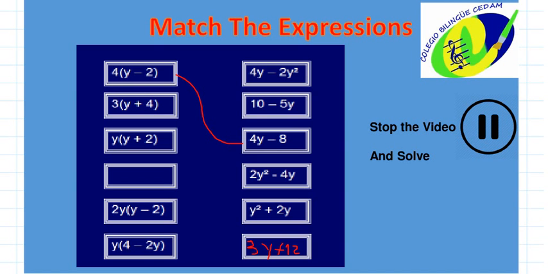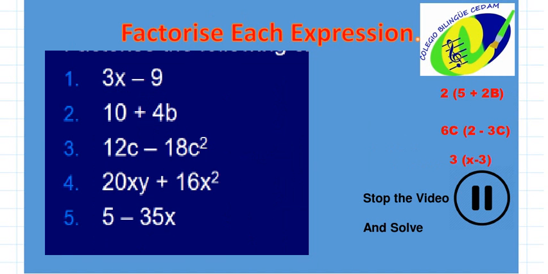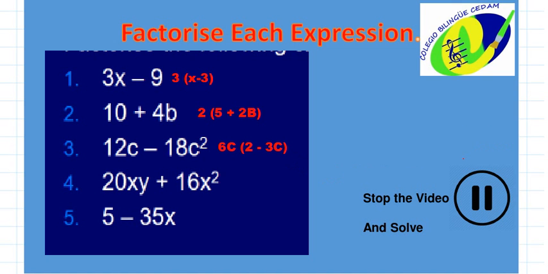Okay, and you can practice completing this. Factorize each expression. Alright, so here common factor. We have the common factor, so we'll have to do this to match here the answer. Okay, the answer for this, 2 times 5, 10, AB will be this one, yeah, and this one 6C. You complete the other two examples, these two examples,